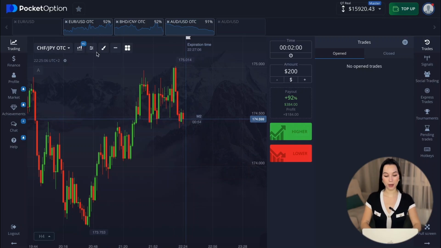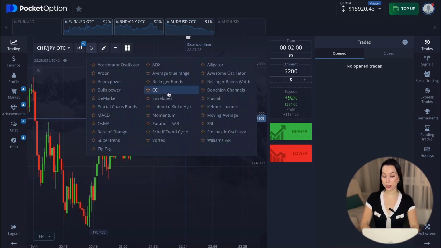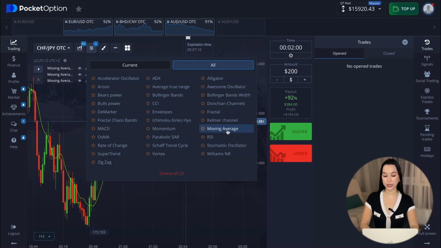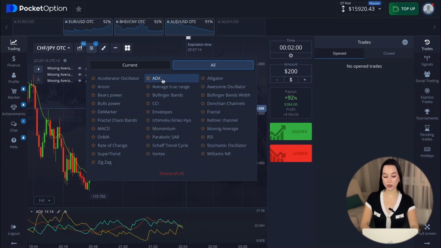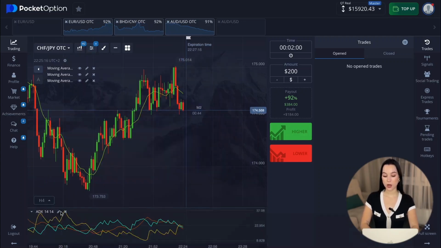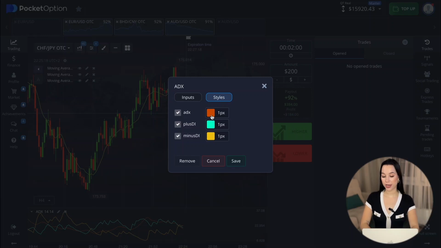So here is our Pocket Option account, and first of all, we need to choose our indicators. I choose 3 moving average indicators and also ADX. So let's change the colors of our ADX indicator. For the ADX line, which is white, the plus D is green, and the minus D is red,